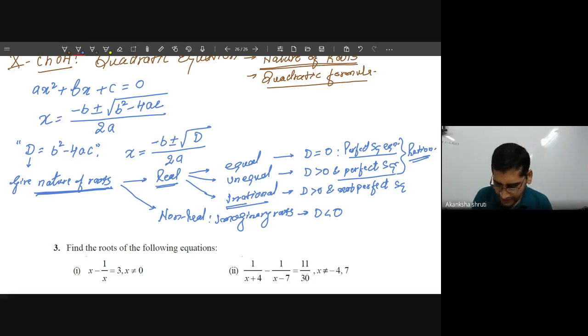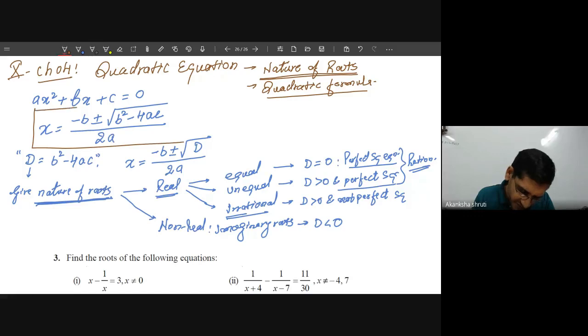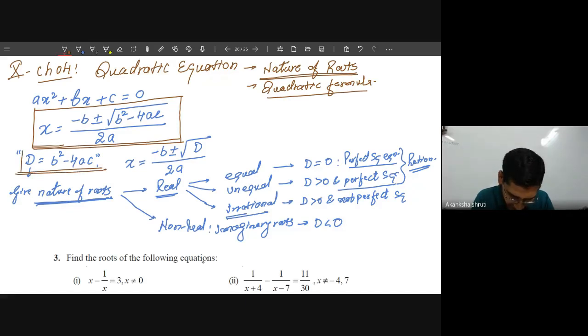Let me display once again the table that we learned last day. It is very important. You should always keep that table on your fingertips, only then can you solve the questions. So the important thing is that you have to keep this in mind. Whatever this formula is, it is very important, along with this sign. And another one is this D itself, which is very important. From here to here it is very important. These are the two things. Students, if you remember these two things, then you can do all the other questions very easily.